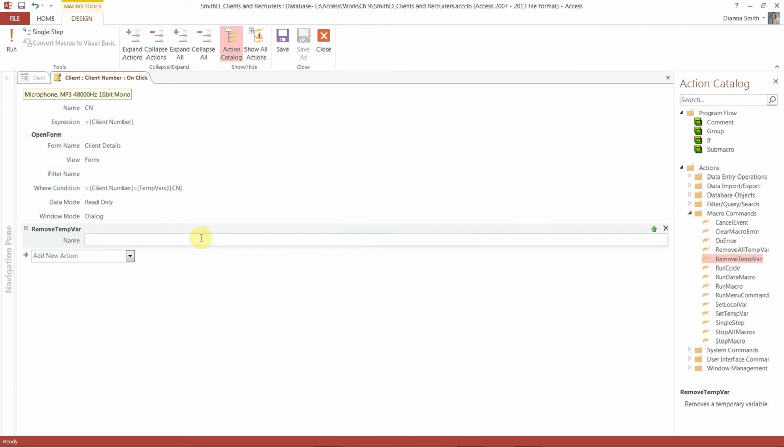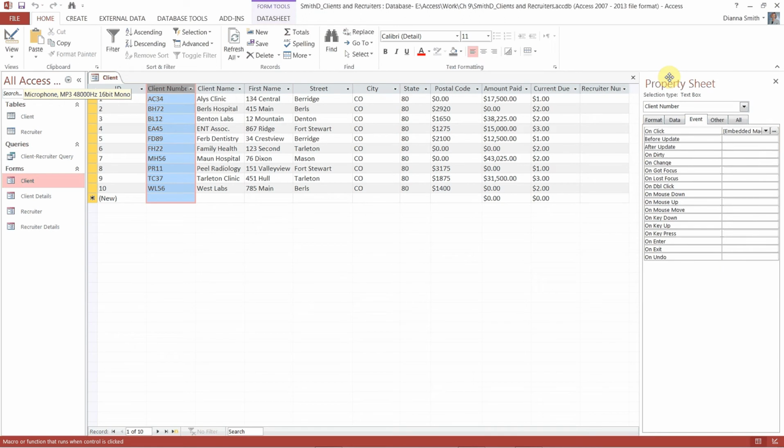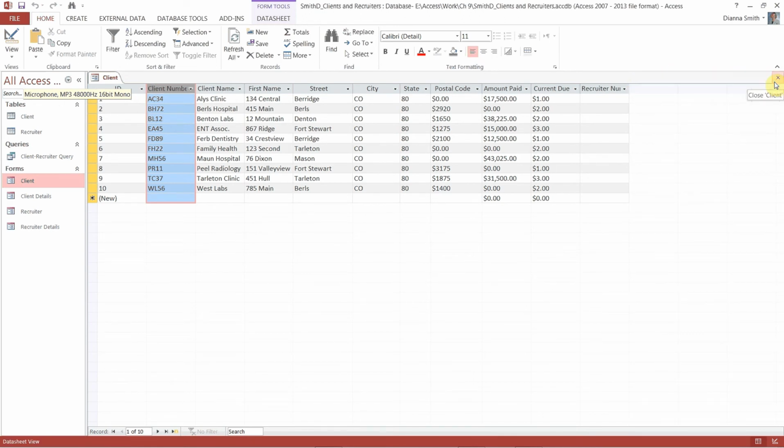And if it doesn't work the first time, click again. And since our temporary variable is CN, we will type CN as the temporary variable that's going to be removed. Piece of cake. Now, since we have our error checking on there, we can hit save, and if it's wrong, it will yell at us. And yay, no yelling, so we're going to close. Alright, and then we're going to close the property sheet and close our client table